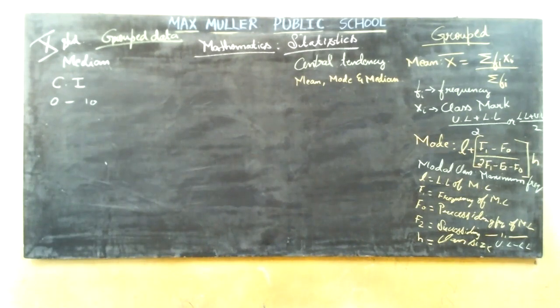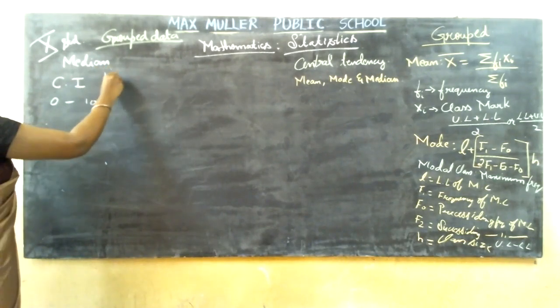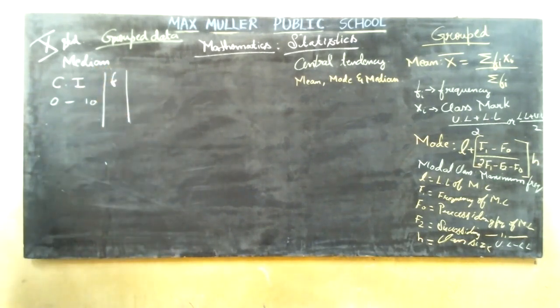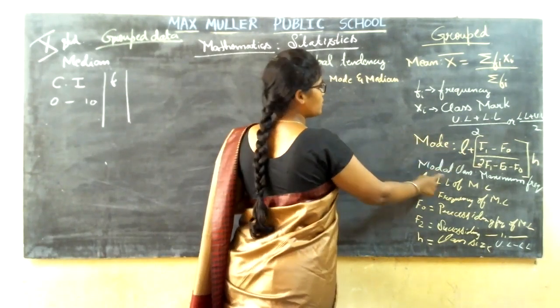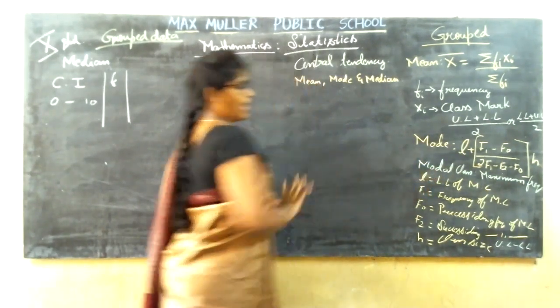Then after this, what should be the next column, what do they need to give? That is the frequency distribution table. Next, they should give you the frequency distribution table. Okay, after this, then what are you going to find for the mode? You had the modal class, correct? For finding mode, to make it easier, they have given the modal class.